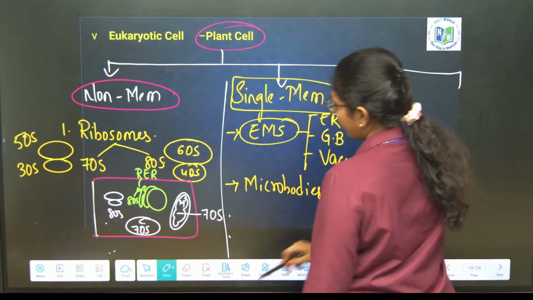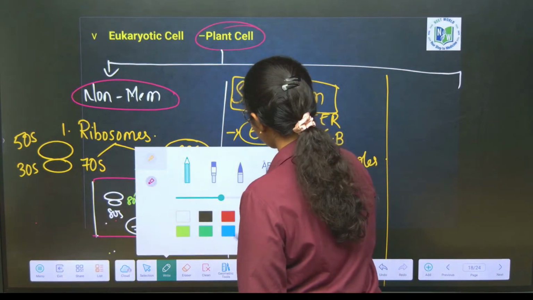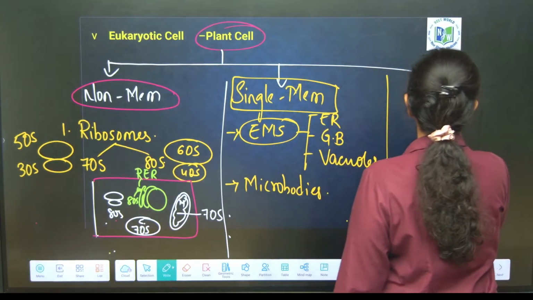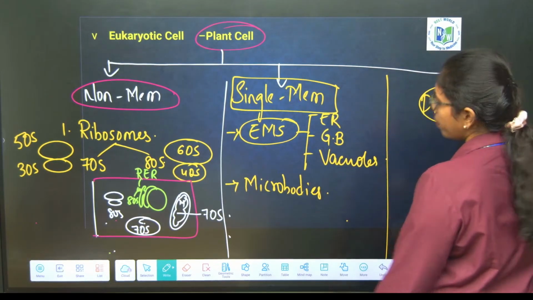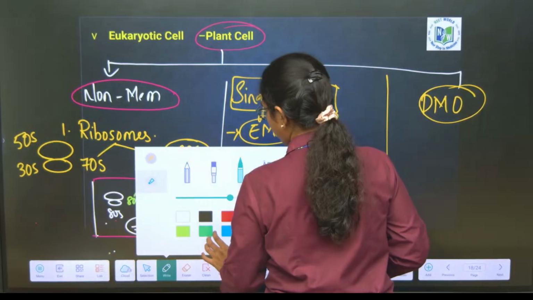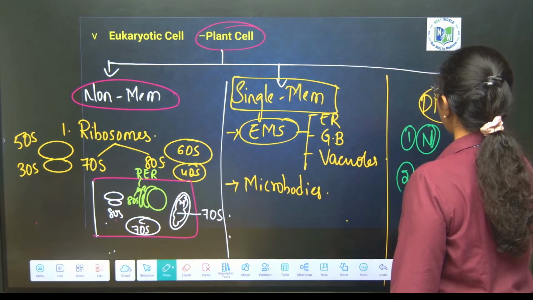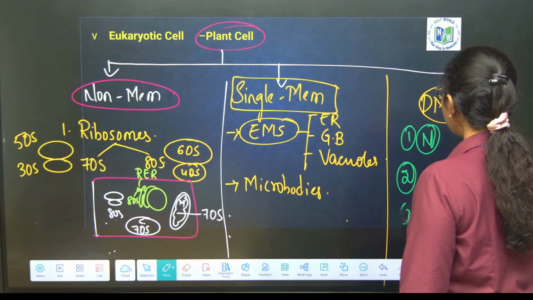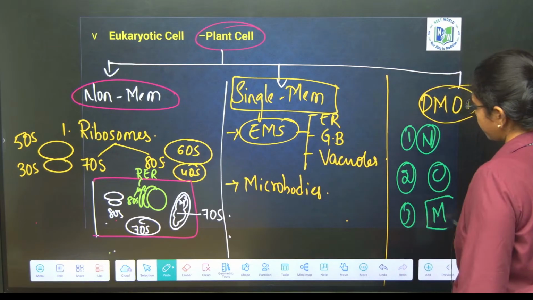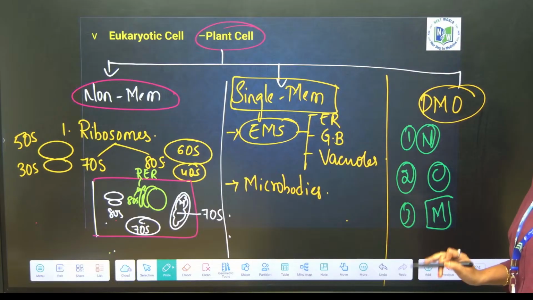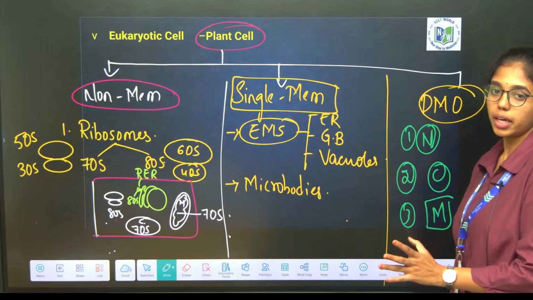What are the double membrane bound organelles that we have come across? Double membrane bound organelles include the nucleus, chloroplast, and third, mitochondria. Nucleus, chloroplast and mitochondria, these are double membrane bound. Clear with the organelles here? Next,